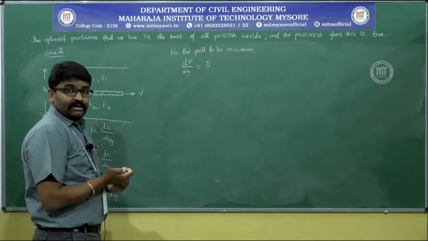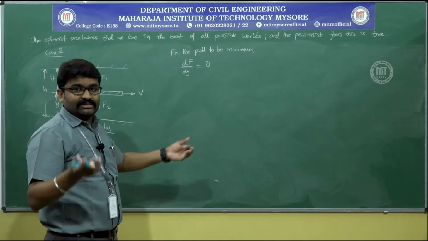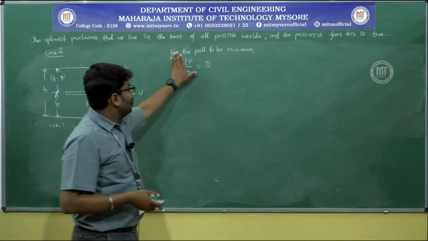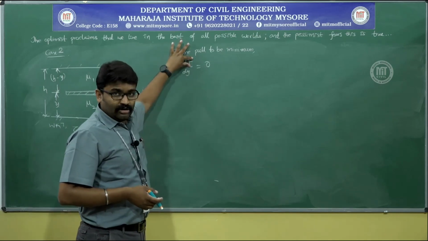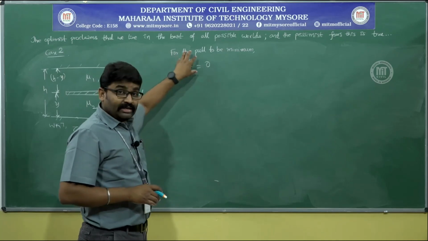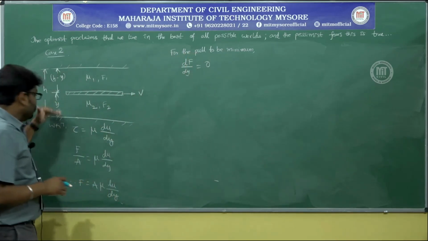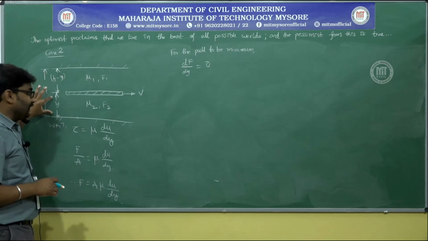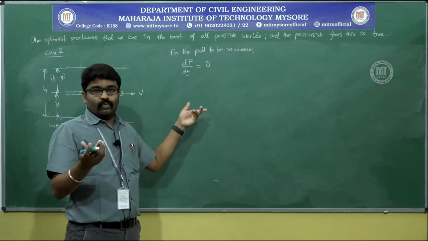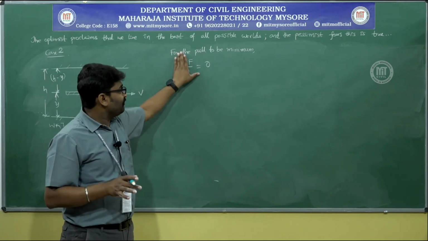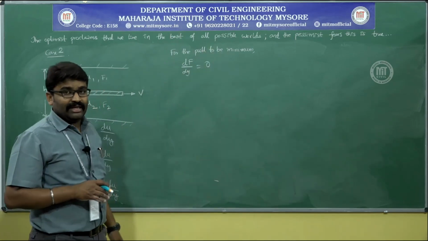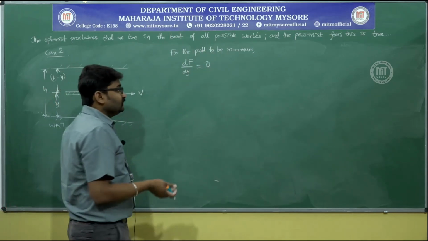Why am I writing this? The application of differentiation, that is mathematics, to the classical fluid mechanics is here. What is this F? F is the total force which needs to be minimum. How do I minimize it? And what is it dependent on? It is dependent on the position of the plate. Position of the plate is nothing but y. So, variation of F with respect to y is what I am doing. Variation of F with respect to y must be minimum. That means dF by dy must be equal to 0.